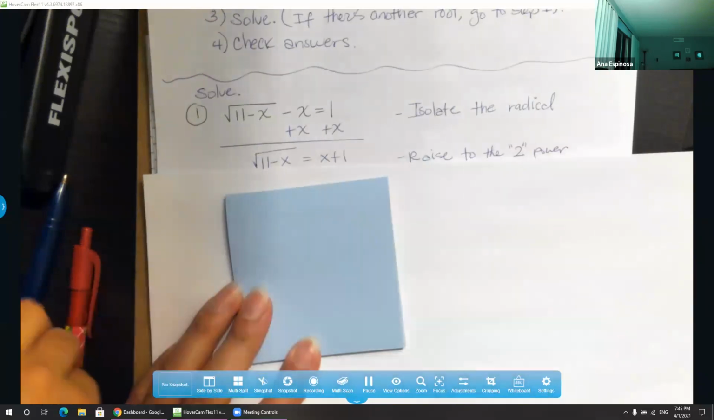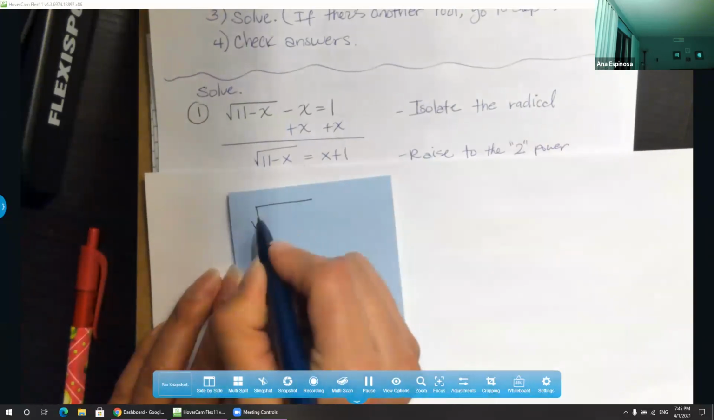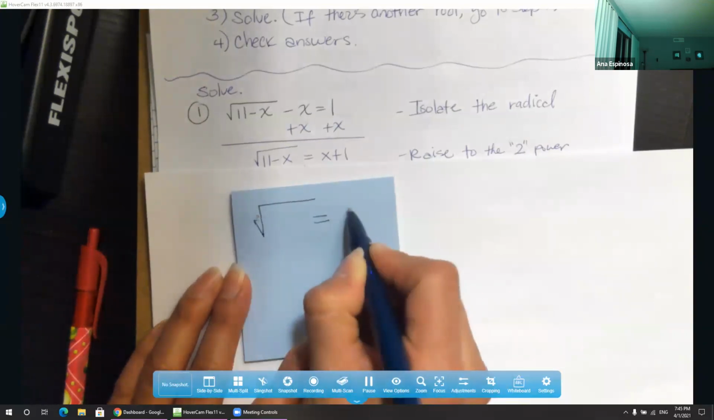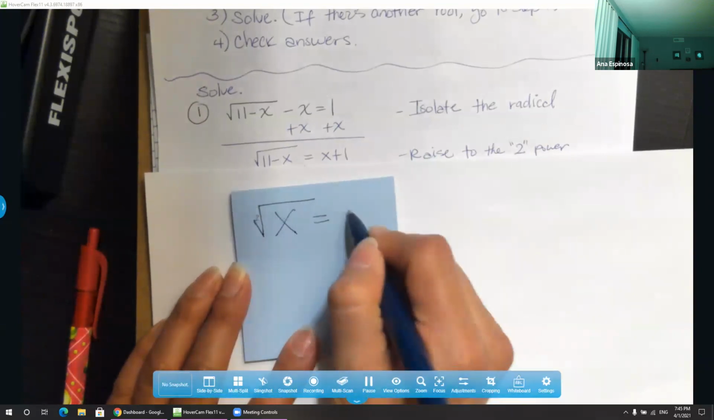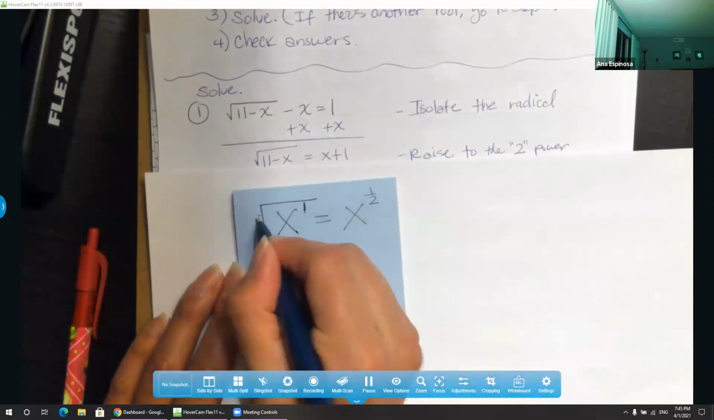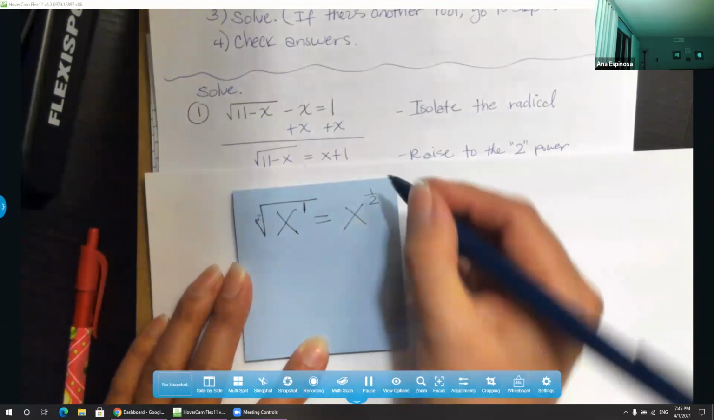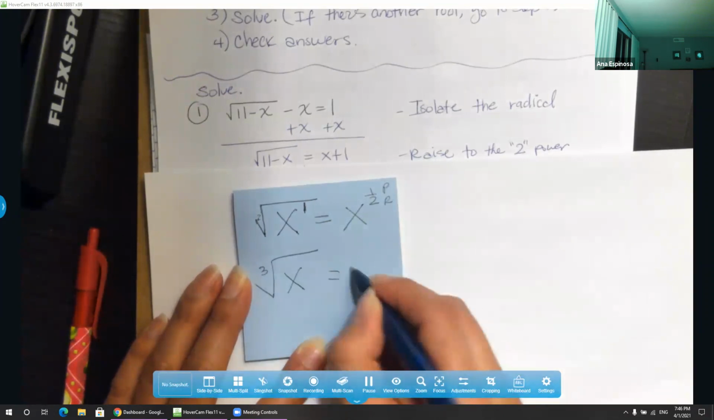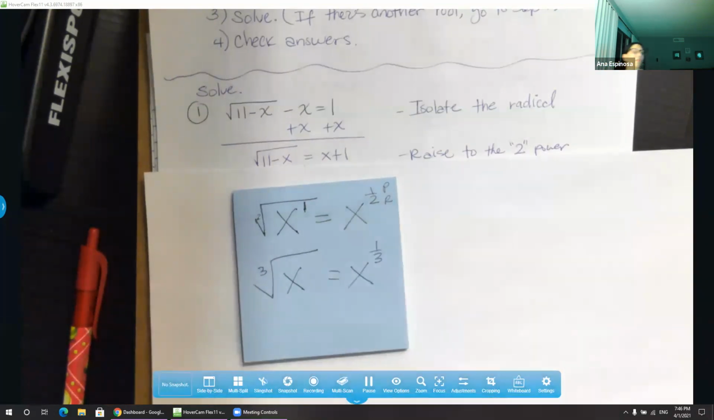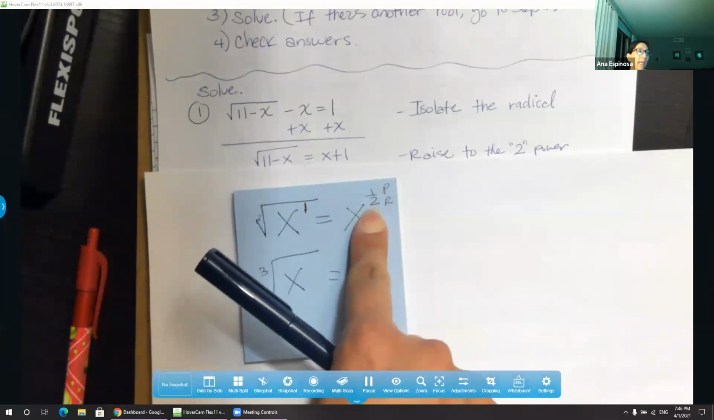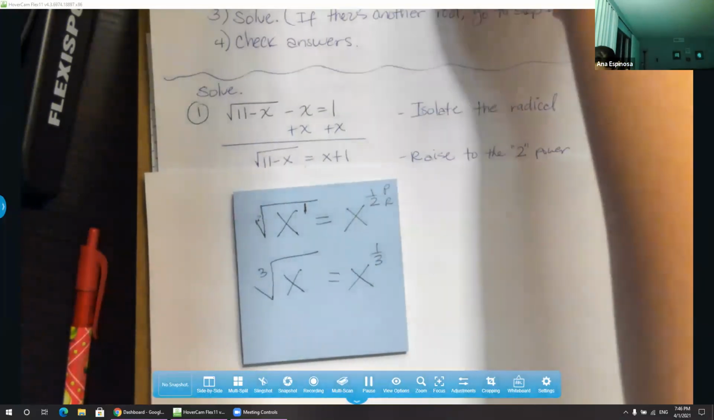So you should memorize this. Any square root, meaning you don't see a number, but it's a hidden 2, those are powers of a half. Because remember, it's power over root. Power over root. Okay, any cube roots are 1 over 3. So knowing this, if this square root means to the 1/2 power,